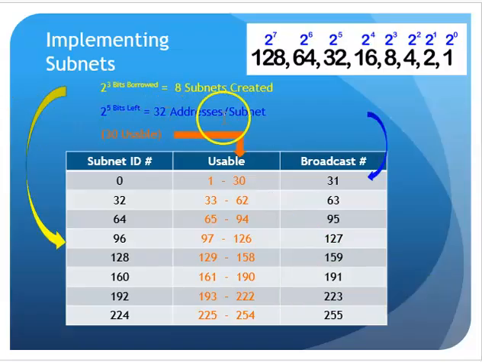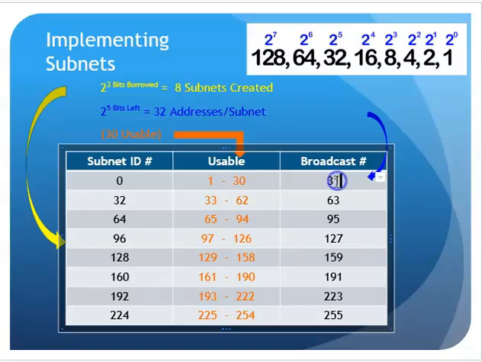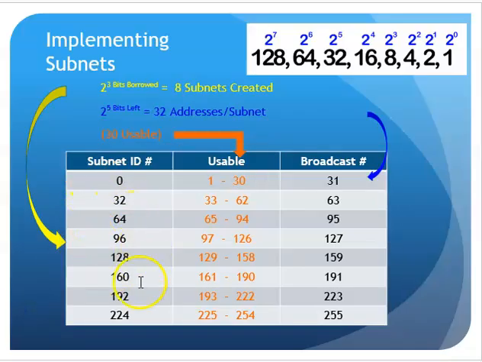Just a reminder, we borrowed 3 bits, so we got 8 subnets. Here are the 8 subnets right there. We said 5 bits were left for hosts, 32 addresses per subnet. There they are. 0 to 31 is 32 numbers. And I said there would be 30 usable. There are the 30 usable. 1 to 30 is 30 numbers. Well, now that I have this, I can start applying these subnets to my network